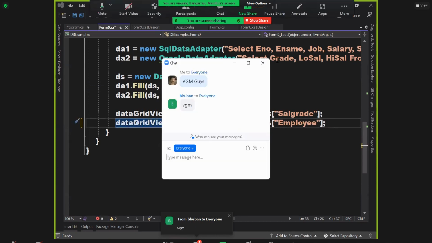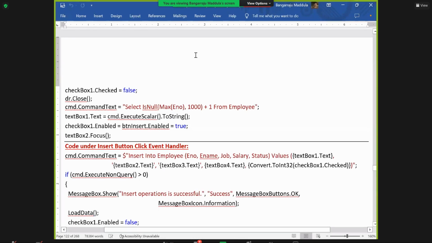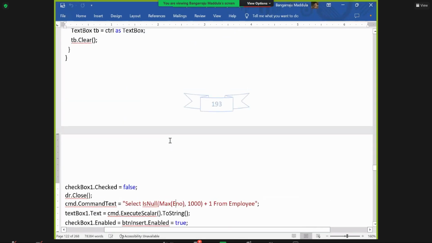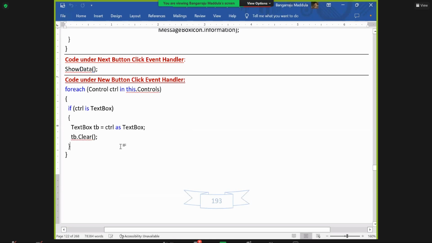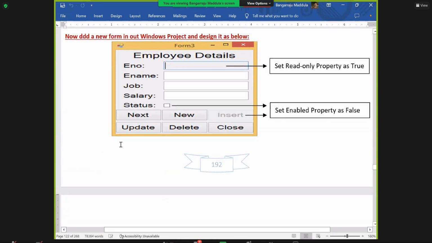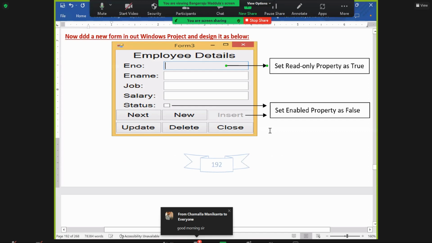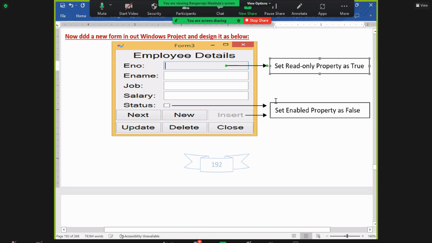So, last day we were talking about how to load multiple tables into a data set. In this process, I explained how to bind the tables to the data set. We loaded two tables and bound them to the data set. Sorry, the two tables are loaded into the data set. After loading the two tables into the data set, one of the things we have done is we have just gone for